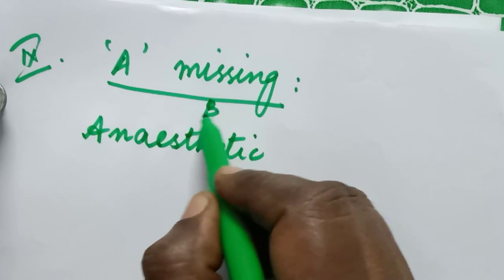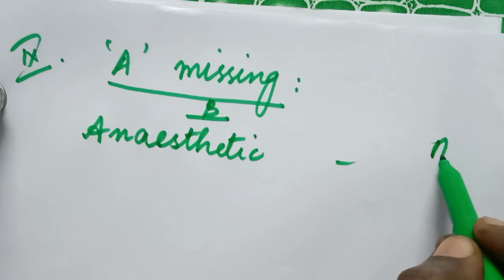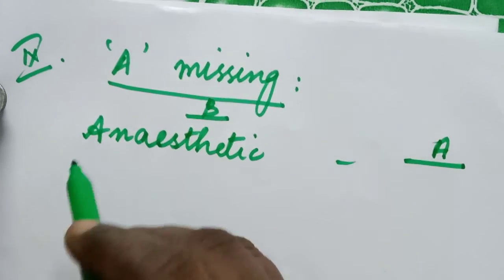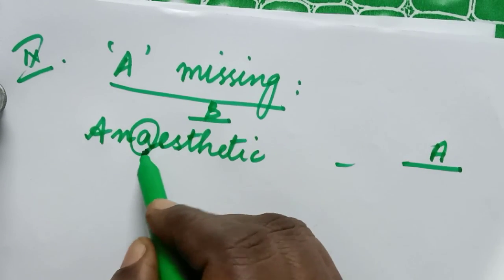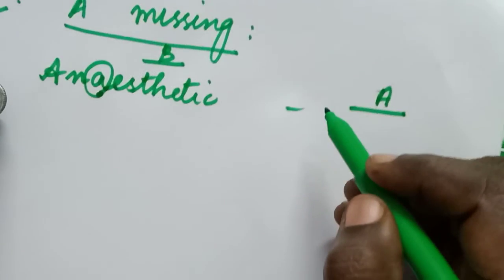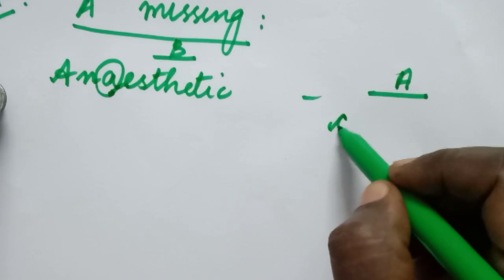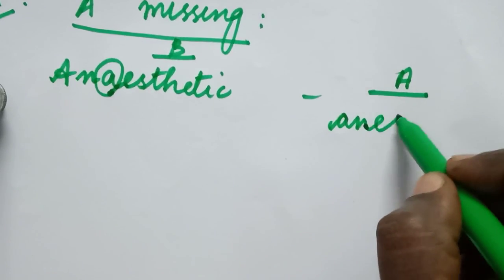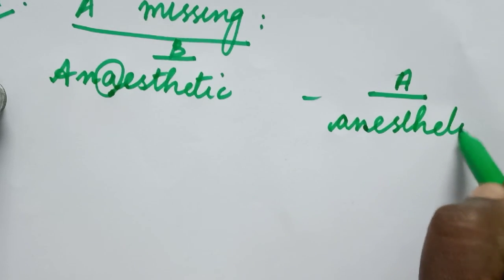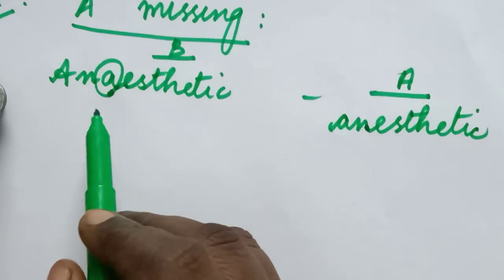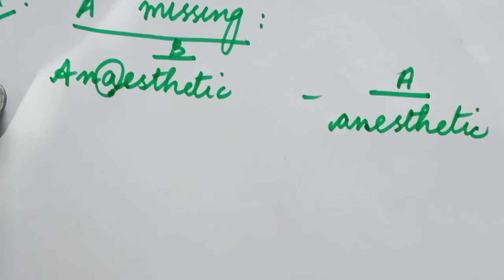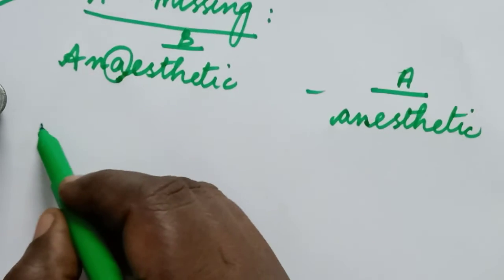ANAESTHETIC in British English. When you go for American English, we just have to remove this A. So how will we remove this A? A-N-E-S-T-H-E-T-I-C. So without that A, we have to write anesthetic. Okay, similarly,